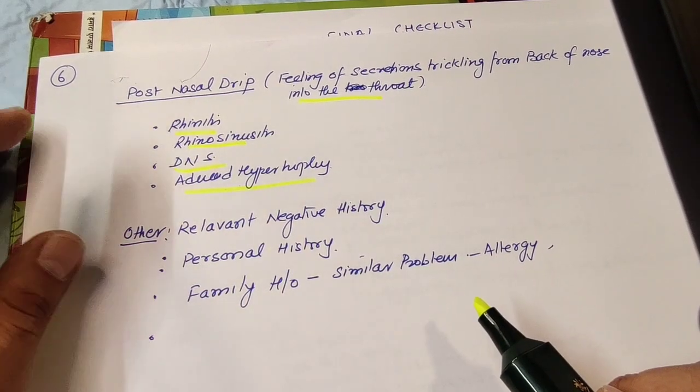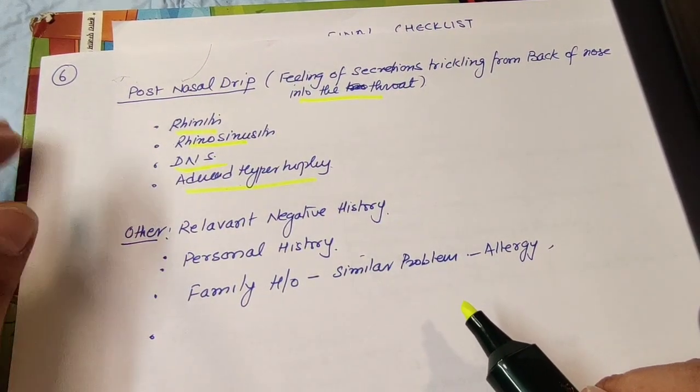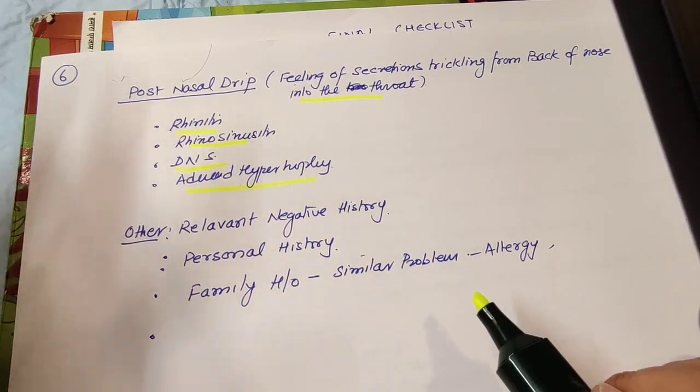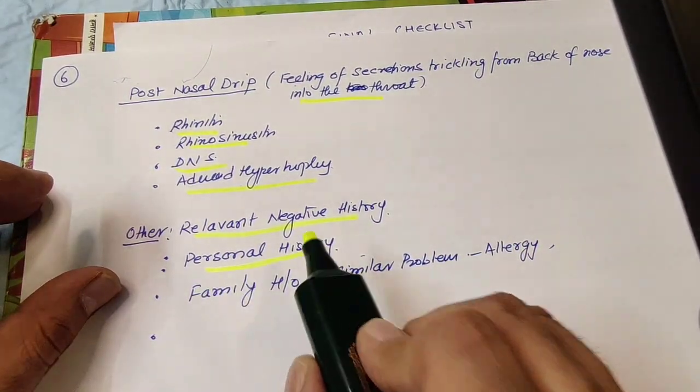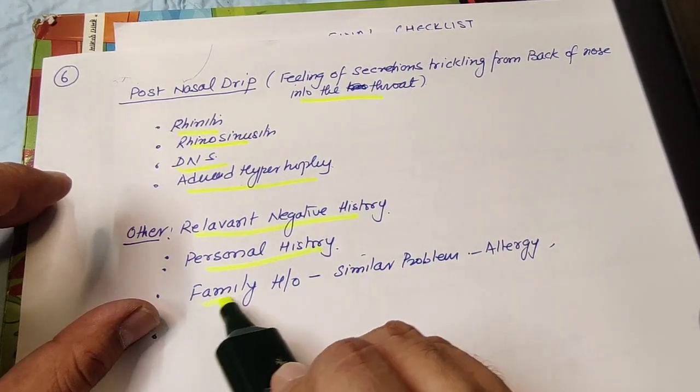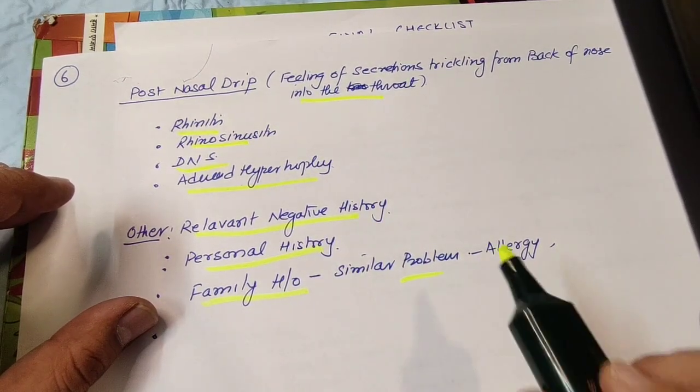You will have to ask the patient specifically for it, and followed by the specific history, then you have to take down other negative histories, the personal history of the patient and the family history of similar problems. Okay,